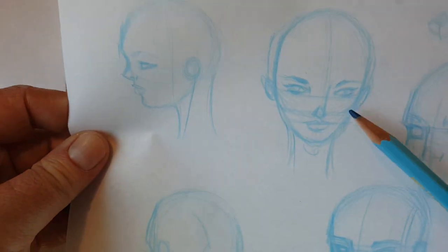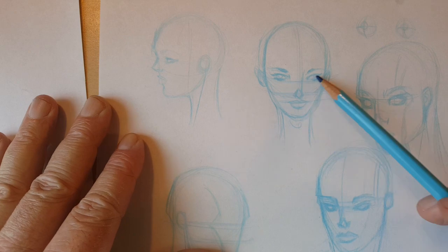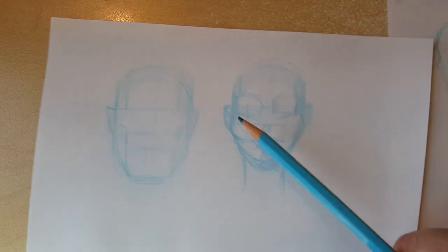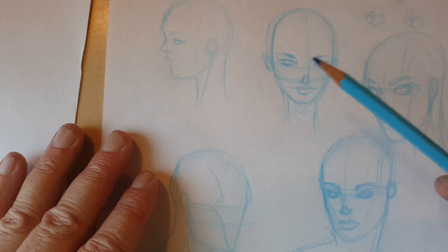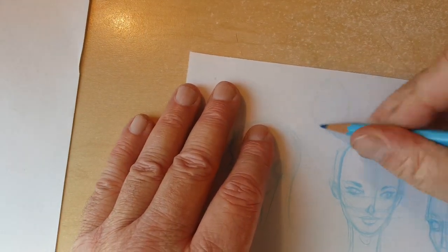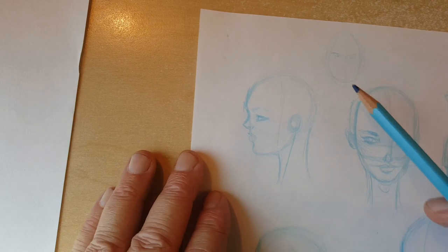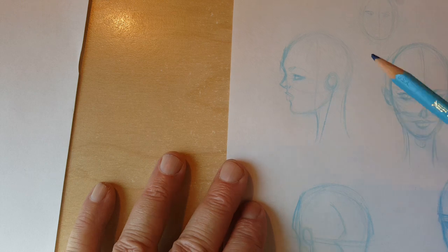So anyway, same idea. Again, working a little more surface on this. What I mean by that is placing in the features without really working out the structure like this, more the planes of the head. But it's a balancing act going back and forth. You want to be careful with just drawing a circle and maybe a guideline and then drawing in the features, because you really need to understand the form. That's why I would suggest building it up with some good construction. So profile,